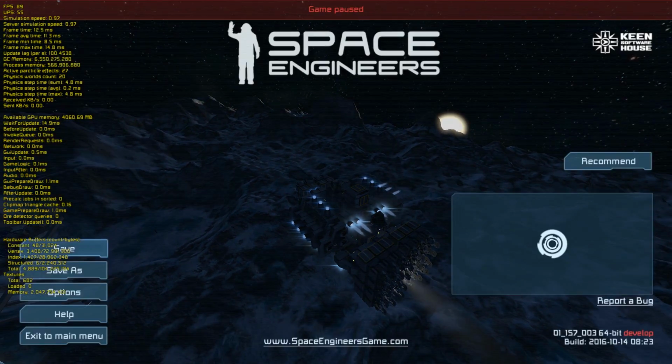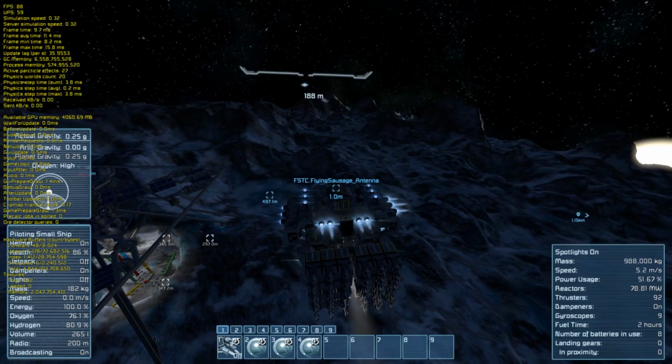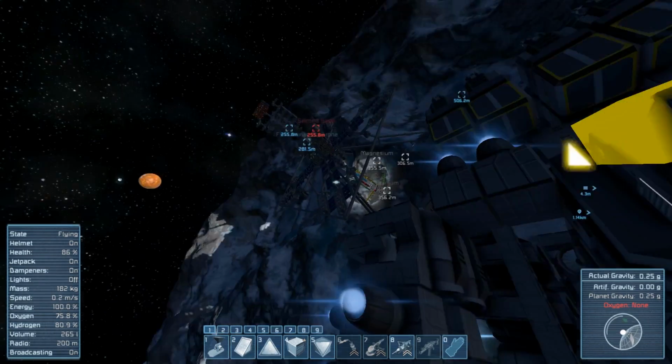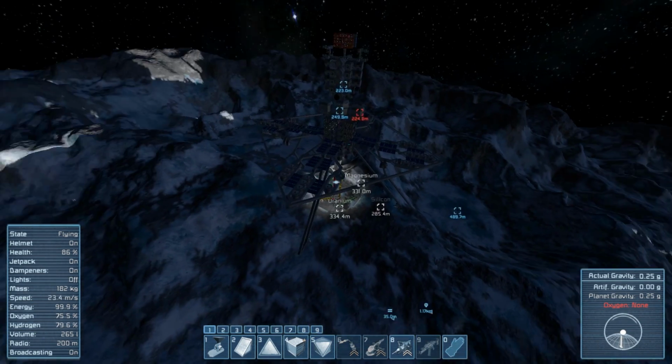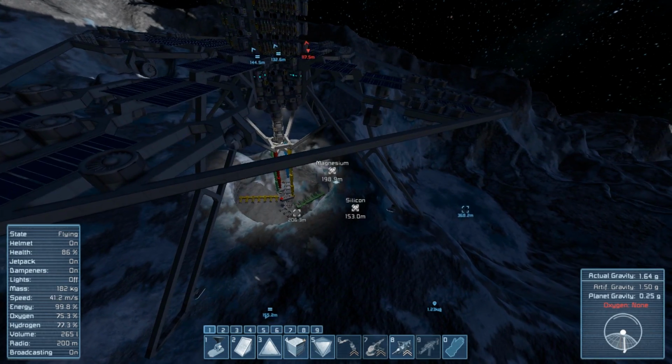If you're curious, I'm on this build right here, the develop build. Woo! It's the public develop build, not any sort of special one. And you should have been able to see the codes at the bottom right telling you. There's Mars, our next target after we collect the Sterilith. But are we going to collect the Sterilith today, or are we going to...